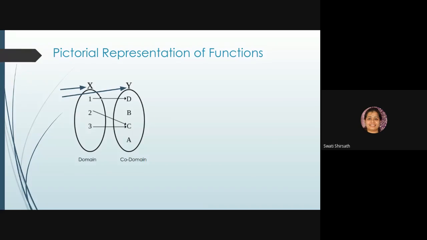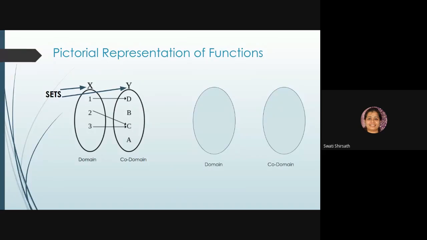And then these arrows you are seeing are the mapping from the domain to the codomain, okay? I mean, considering that f of x equals 2x or any other function is given, we draw these arrows, and we say that for that particular function, this one is mapped to this d. It means when we give input as 1, we get output as d, okay? So on that basis, we draw these arrows, and it is always from domain to codomain and not vice versa, okay? And this x and y are sets on which this mapping is done.